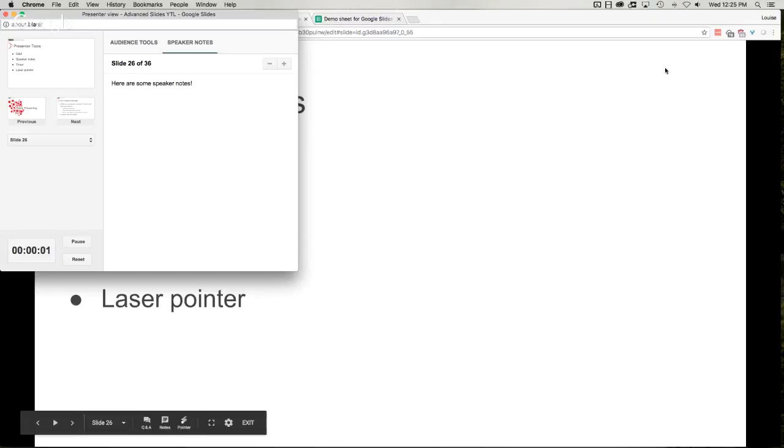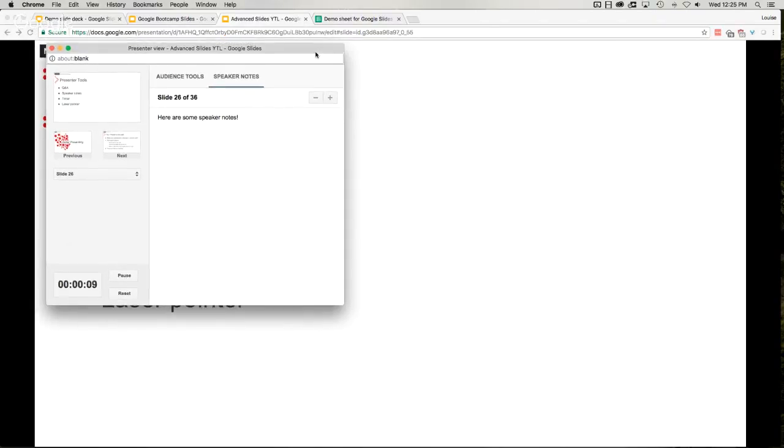So you really do need two windows or two screens to use the presenter view, because I'm just leaving this one on top so you can see what it looks like. But normally that would be on a different screen so the audience didn't see it. So first, it gives a place to display the speaker notes. There was huge criticism about Google Slides. It gave you a place to put speaker notes, but then no way to actually display them. Now we have it. We also have a timer running, the preview, all the stuff that's very similar to PowerPoint,